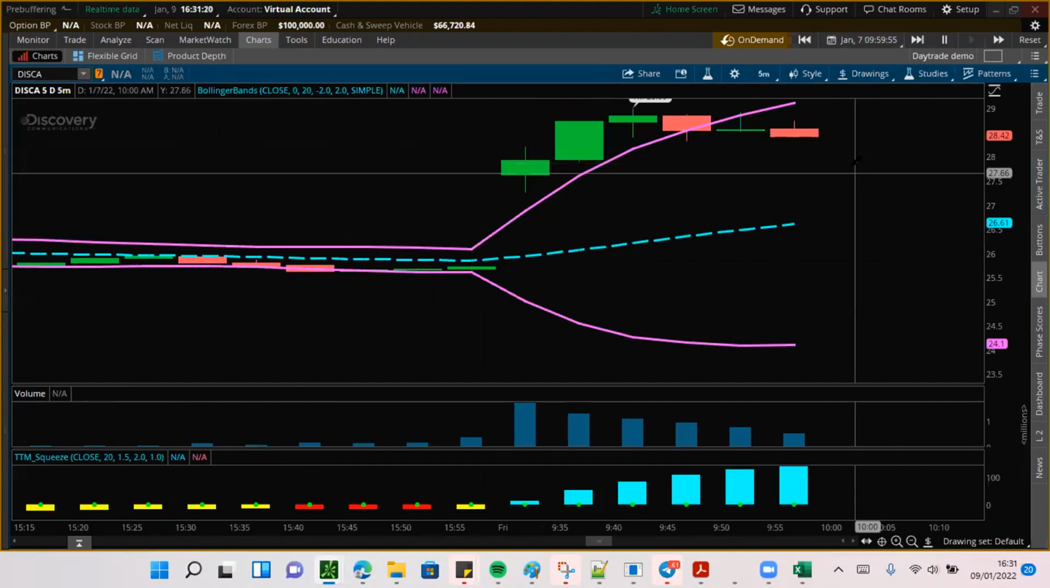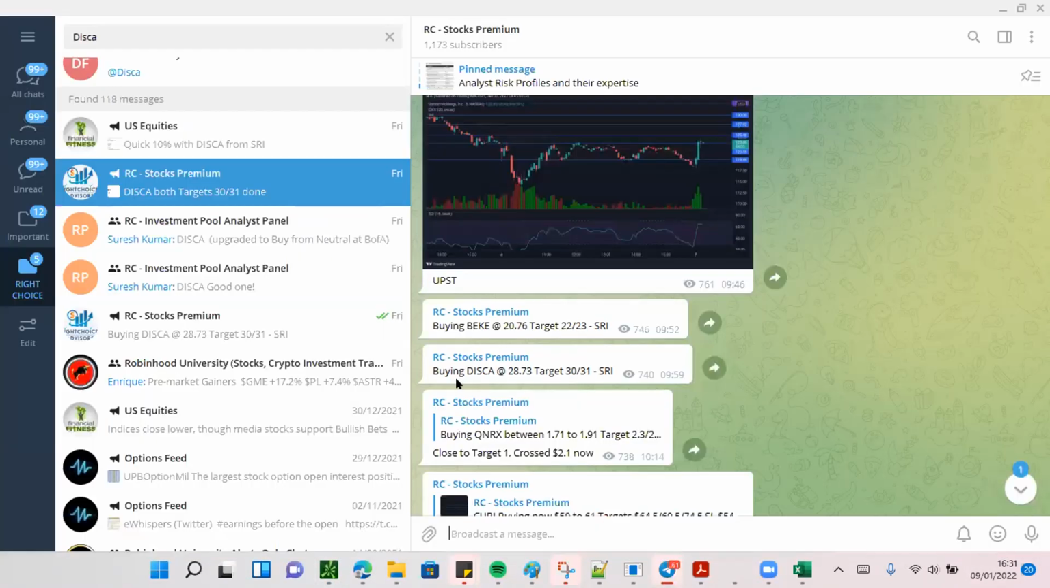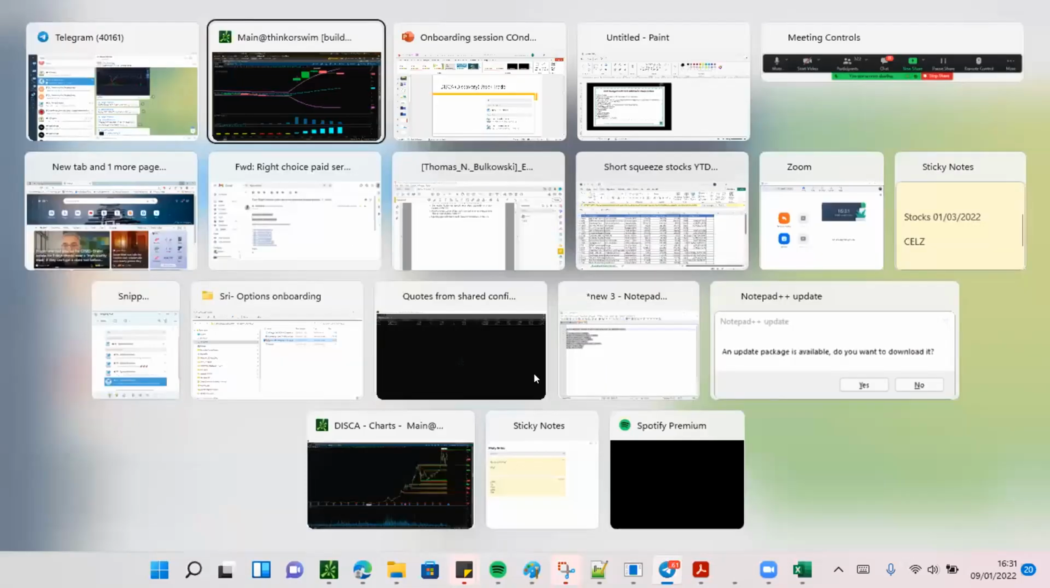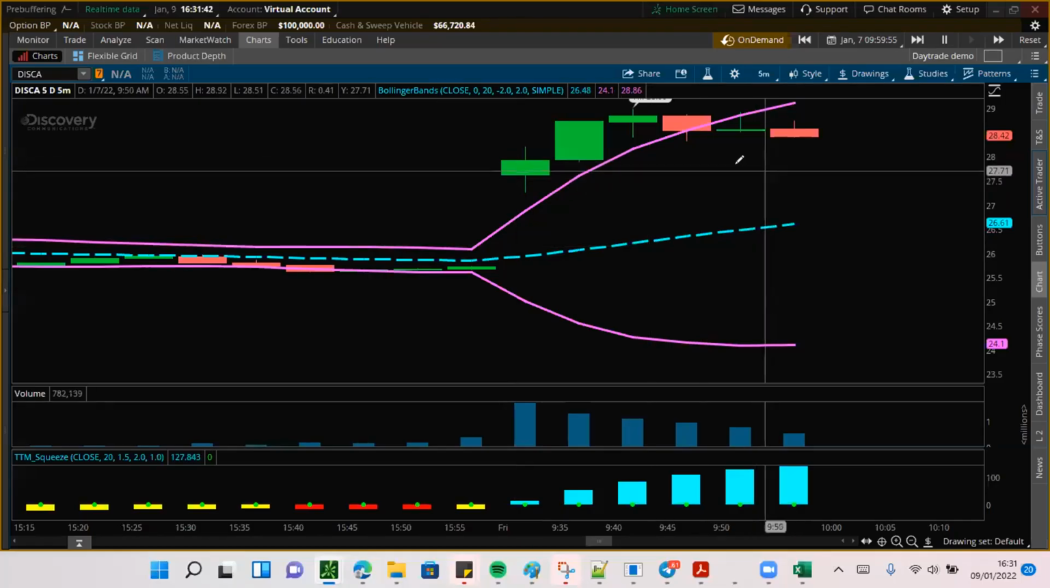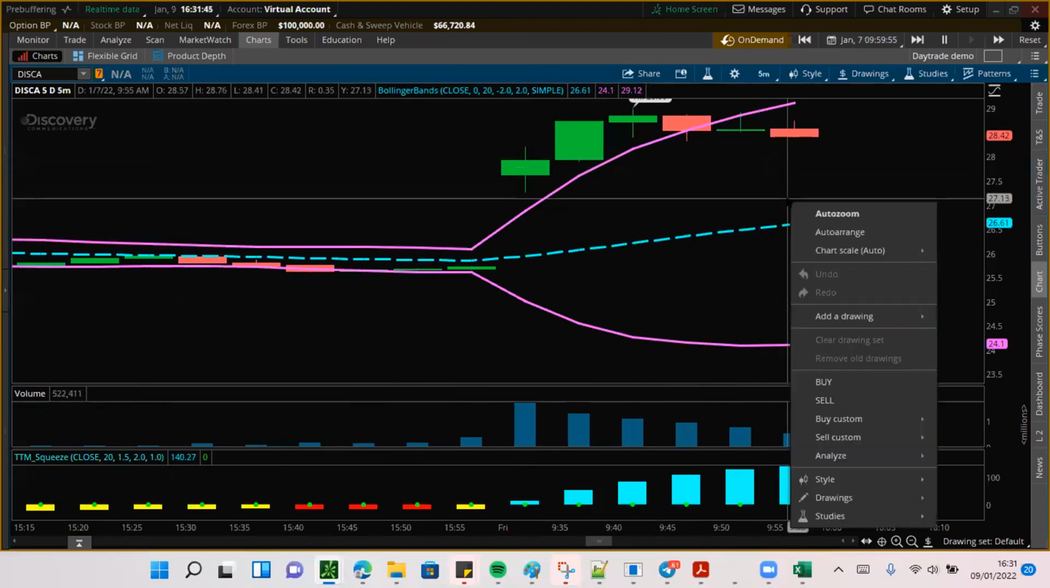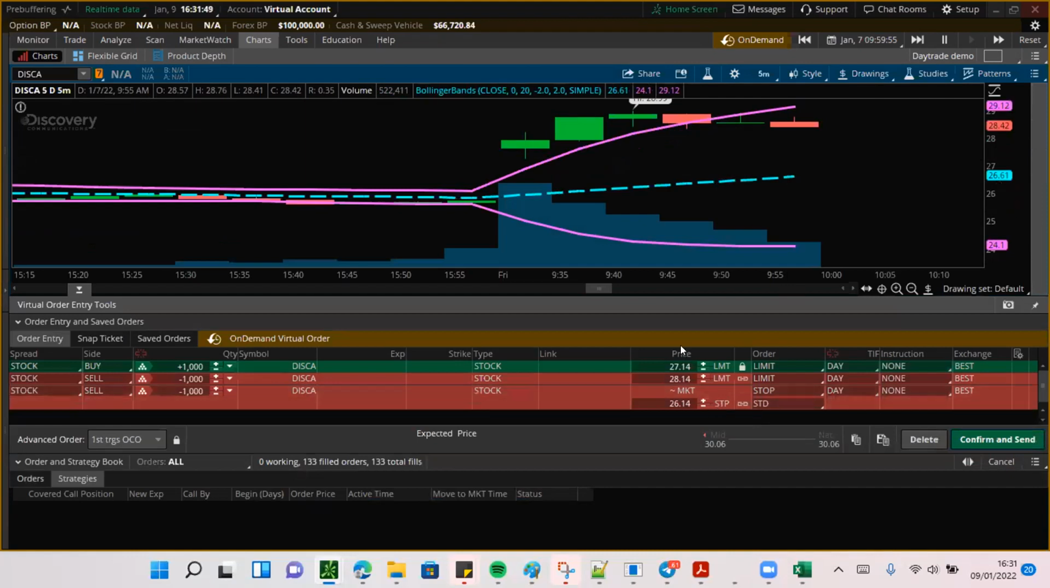So based on the alert, I said I'm going to buy it at 28.73 and the target is 30.31, and the stop loss I'll keep typically a 4% trailing stop, or you can keep like $28 or 28.50. You can mention that. So on the chart, I'll right click. I click on buy custom with an OCO bracket. Okay, so what did I say? I wanted to buy it at